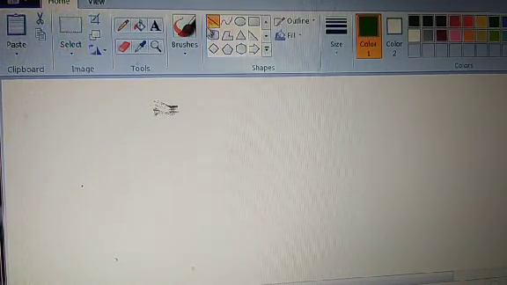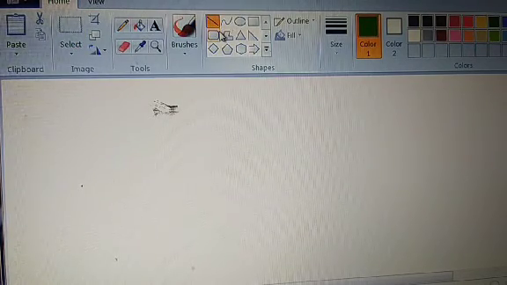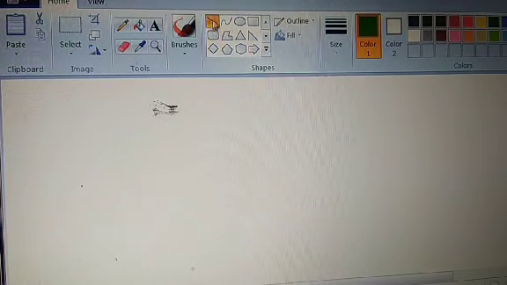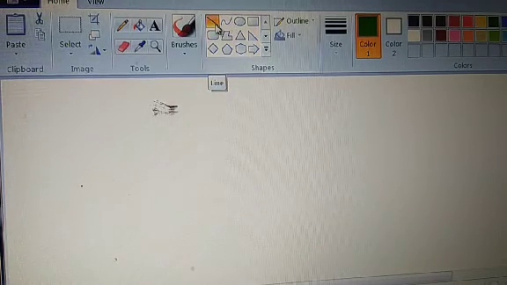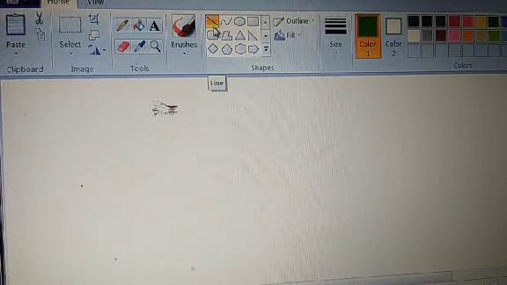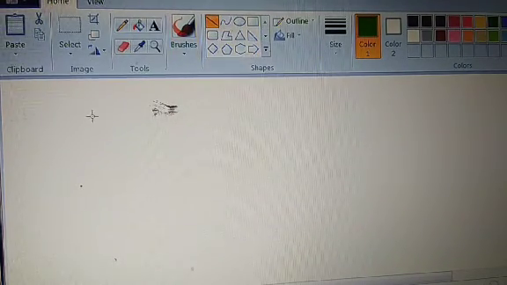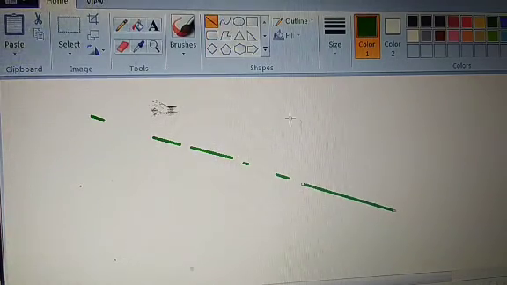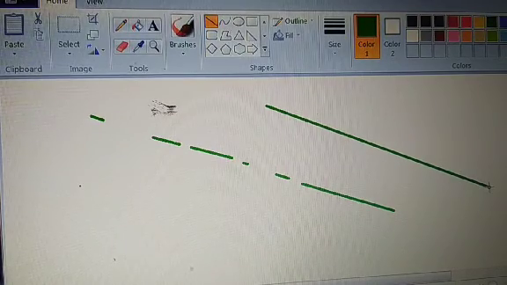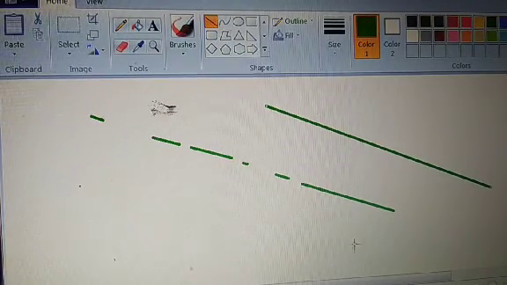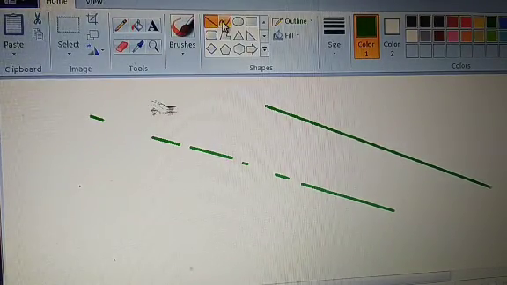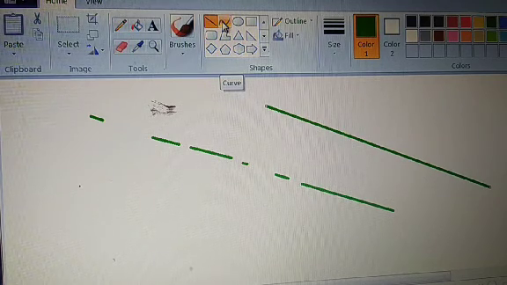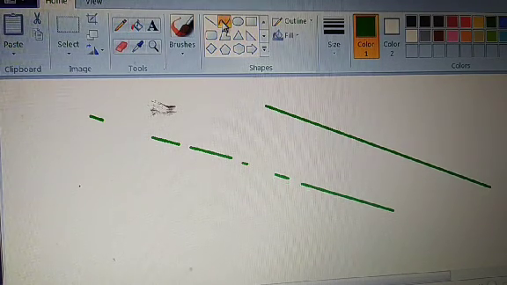When it is selected, you can see this tool is highlighted with yellow color. So it is selected, and now you drag the mouse. This is used to draw a straight line. Understood? And this is the curve tool to draw a curve line.